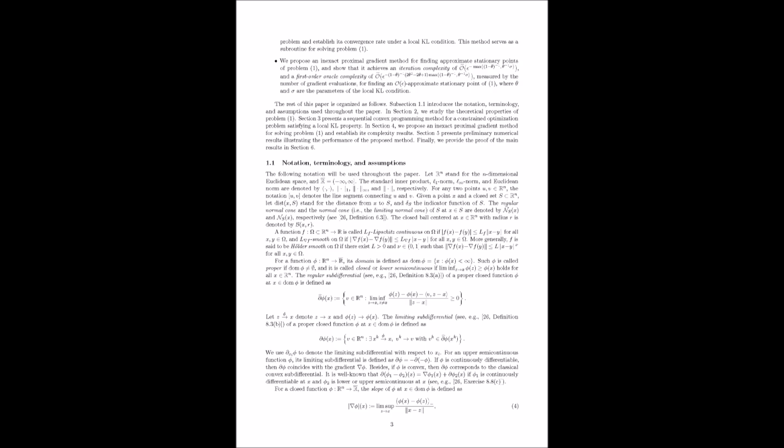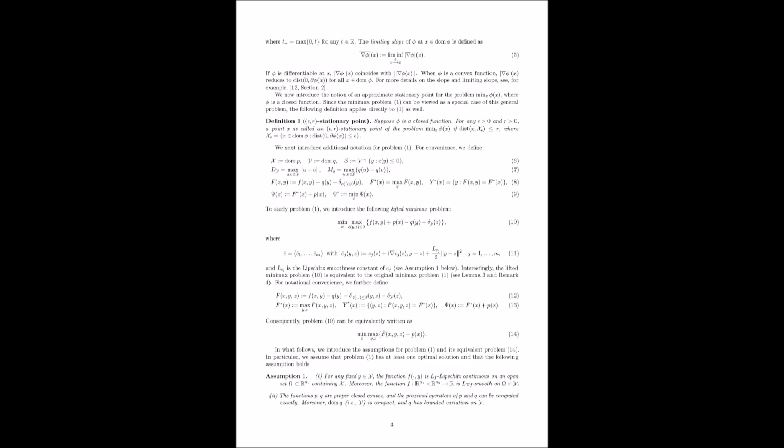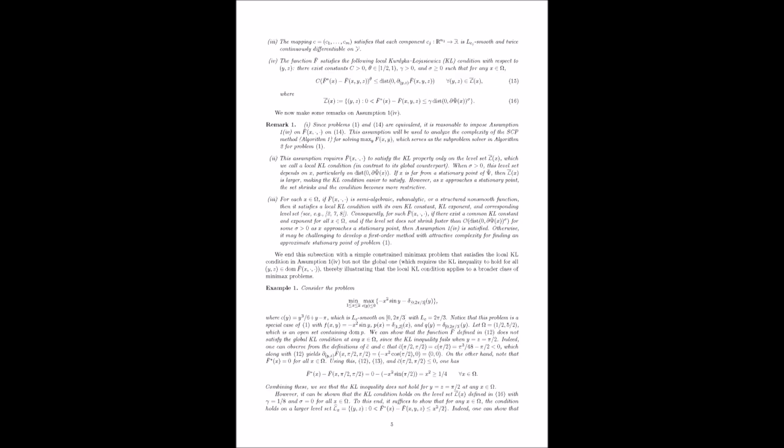This is where the second algorithmic component comes in: the sequential convex programming, SCP method. SCP is used as a subroutine within each outer iteration to find that approximate solution y_k for the inner problem. So the overall flow is: outer loop IPG updates x. To do that, it calls an inner loop, SCP, to approximately solve the maximization for the current x. Correct. Let's dive into the SCP method first, Algorithm 1, as it handles the core difficulty of the constrained inner maximization. Section 3.1, the sequential convex programming, SCP method, Algorithm 1.